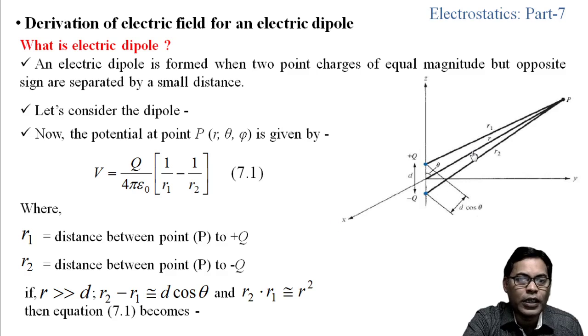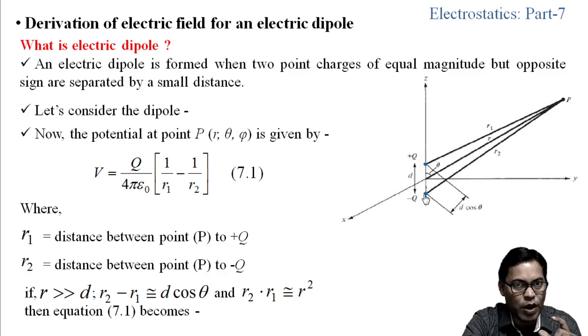And also, as we have considered this observation point is far away, the distance between +q and -q is very small, so r2 into r1 we can consider as r square. That means r2 and r1 are taken as r, and from that we can approximately write r square. So as we got this condition, this equation 7.1 can be simplified, as you can